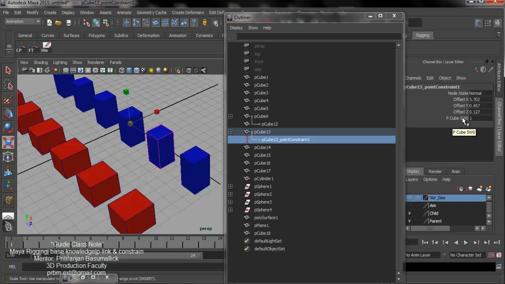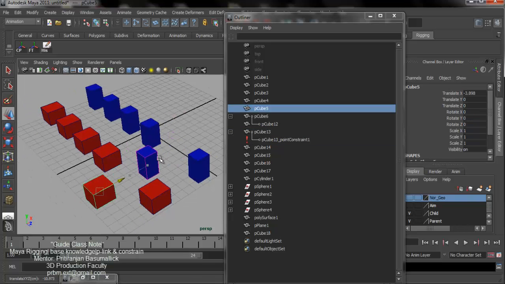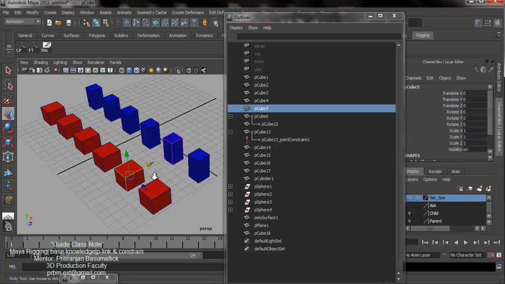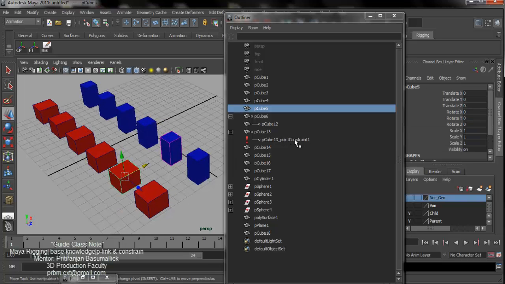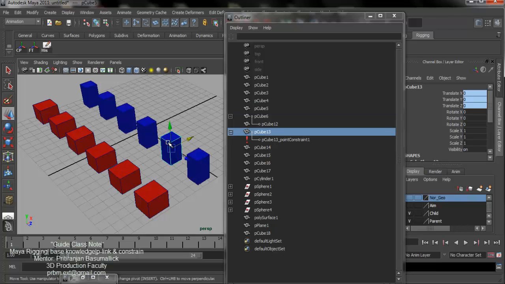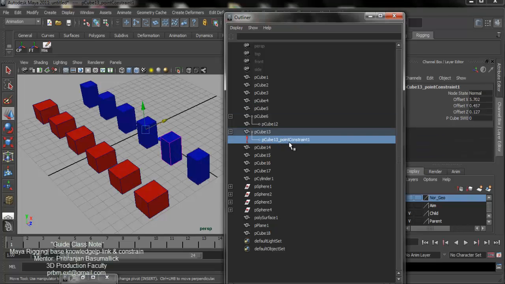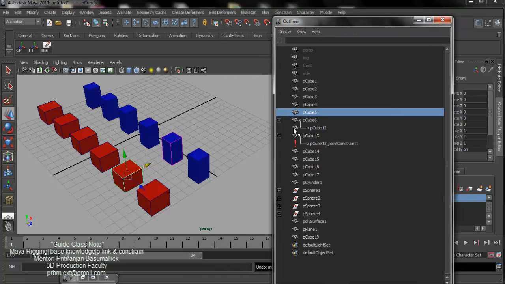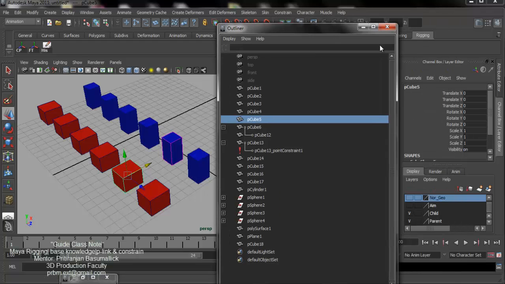So PQ5 gives weight 100%, I mean 1, for the controlling. So when I move it, the child moves. When I select the child, go to the point constraint and hit 0, my weight is 0. That means the point constraint link is still present, but the parent does not affect the child, because we gave the weight 0. Now I select my child, go to the point constraint again and hit 1 to create the relationship again. I think it's clear. So point constraint only builds the relationship between child and parent in translate mode.